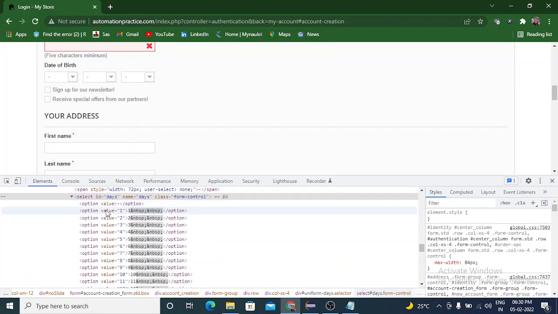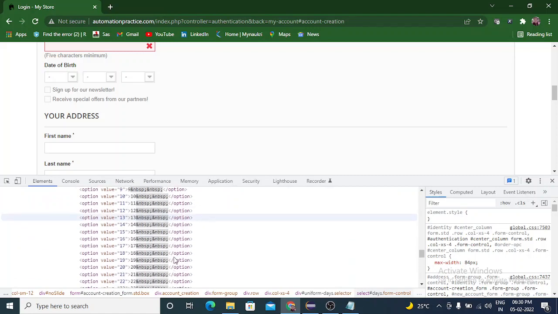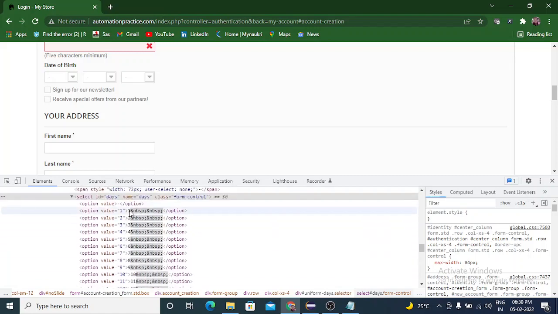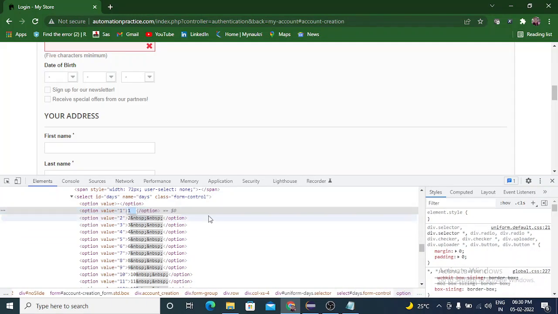Index is starting from 0, so this is the 0th index, then 1, 2, 3, 4, up to the number of elements present. Then visible text, this is the visible text, 1, 2, 3. We can use any of the options.